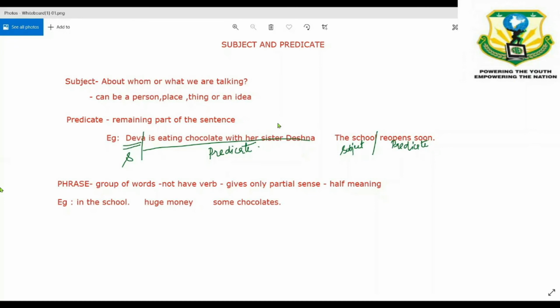And based on the phrase, we have also completed an activity in the course book, page number 55, and in the workbook, page number 30. So this is all about